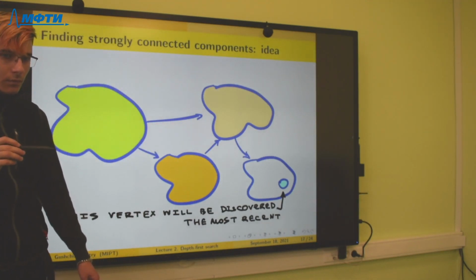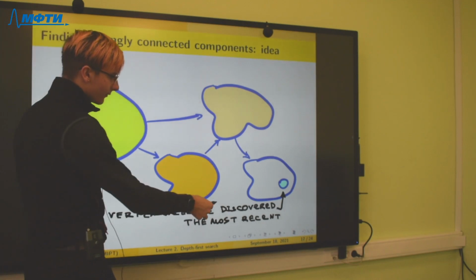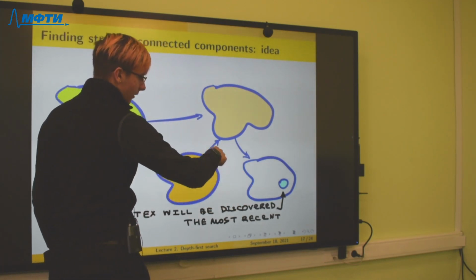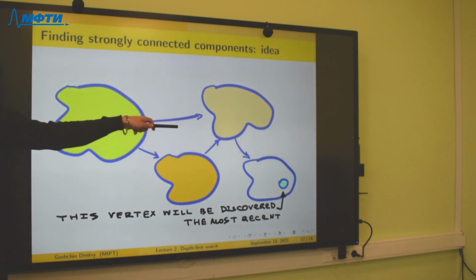If there was such an edge, for example from this component to this one, we would have one strong component, but not three. Another view of this figure: if we end in a vertex in this component and reverse all edges in the graph, then there are no edges that start in this component and go to other strongly connected components.